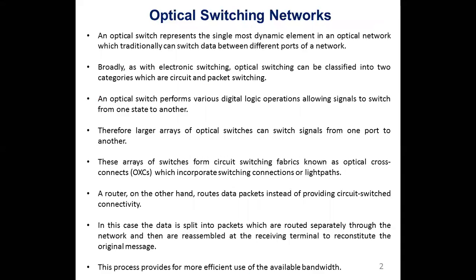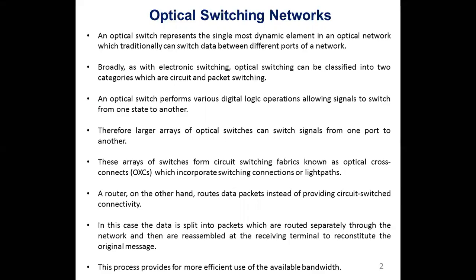So there are different switching networks, but four of them are mentioned in your syllabus. So we'll concentrate on those. Two of them are ones which you are already aware of because they come from the electrical multiplexing background, which is circuit switching and packet switching. And then there is multi-level protocol switching, and lastly the burst switching, which is also there in the electrical domain, but we are going to talk about the optical domain.